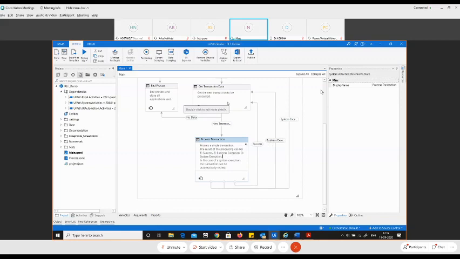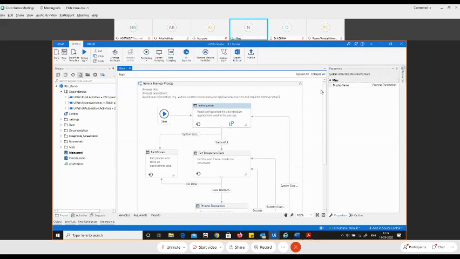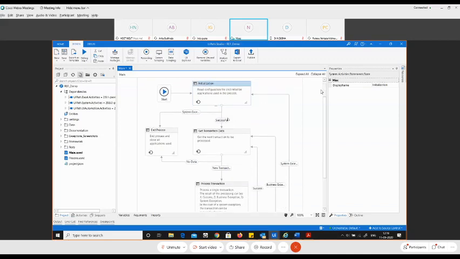If there is a system exception, say for example, the internet is gone or the application is closed, then it goes back to the initialization state and starts from the beginning. That does not mean that the queue item will start again. The leftover queue items will be processed again from here. So this is where the queue management exactly happens in the RE framework.